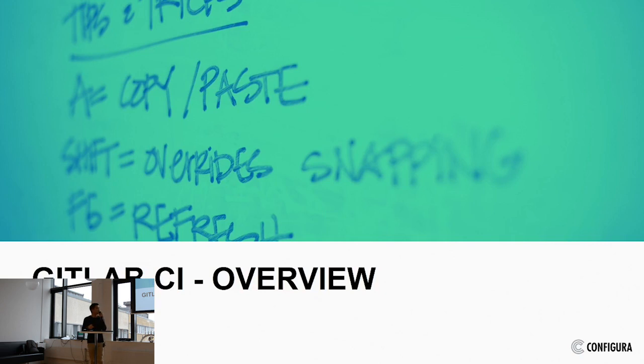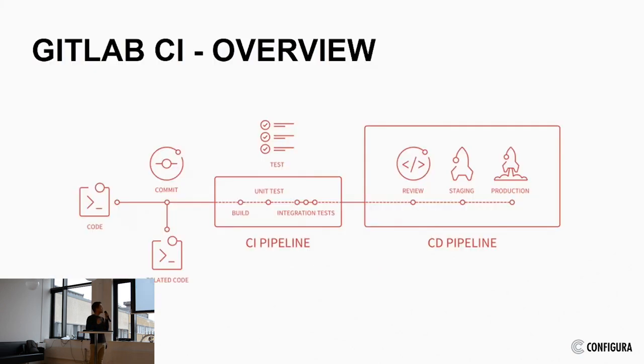So we're going to start off with the overview. Here's the most essential part of GitLab CI. Everything just starts with a commit, and then it's followed by a pipeline. In this case, the pipeline is split into a CI pipeline, a continuous integration pipeline, and a CD pipeline, continuous